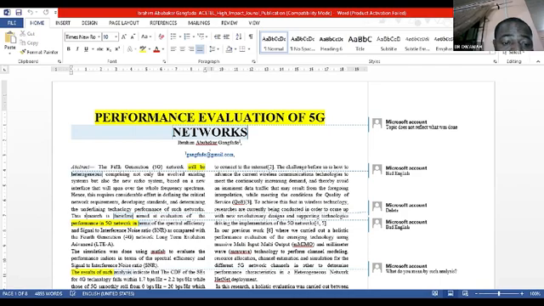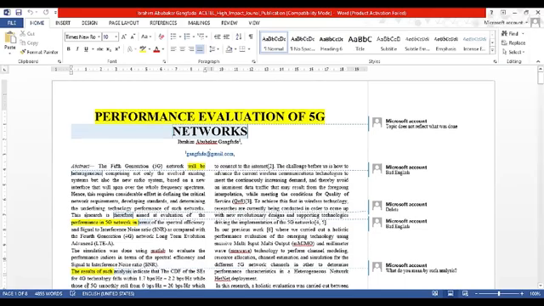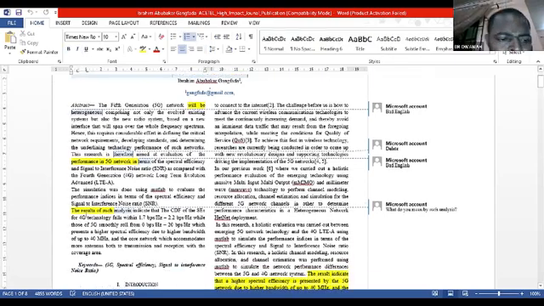Now we go on. In this research, the word "therefore" is not even necessary at all. You can just say that the research is aimed at evaluating the performance. The evaluation of doesn't make sense to me. This research is aimed at evaluating the performance of, not performance in, the performance of 5G network in terms of spectral efficiency and signal to interference noise ratio, SNR, as compared with the fourth generation network, long-term evolution advanced, whatever.